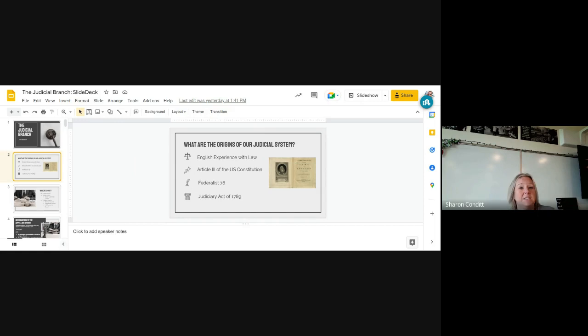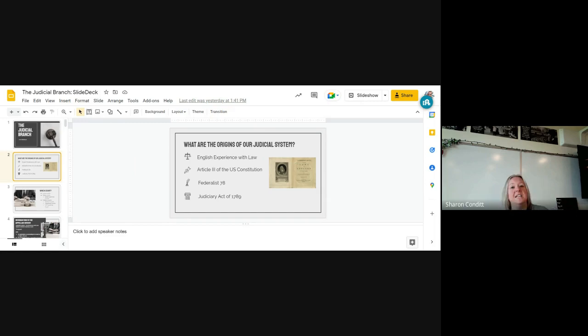So here in Washington State, we actually have 2 districts. We have the Western and the Eastern District. For example, the Western District is in Seattle, the Eastern District is in Spokane. It is overseen largely by a Supreme Court justice, not by 2, because that's a lot of states now versus what it looked like in 1789.